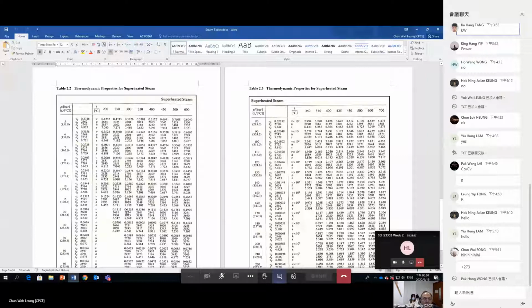So therefore, we need to work out the H at 280. How to work it out? By ratio, work it out. Still want to ask me how? Then write it down. It should be